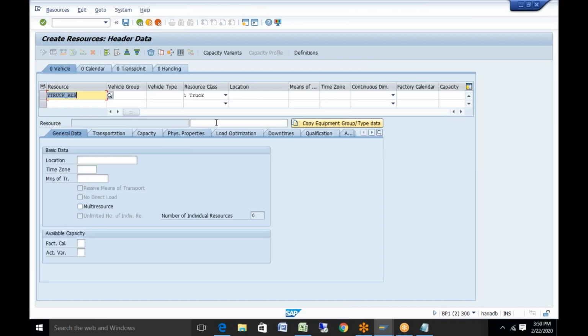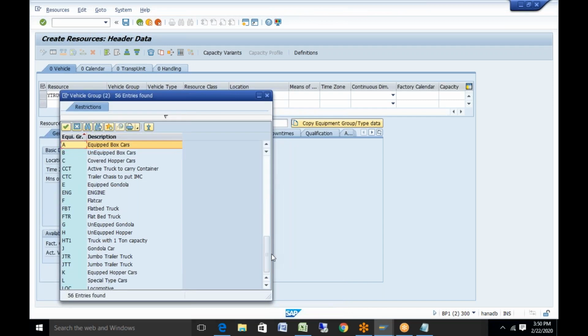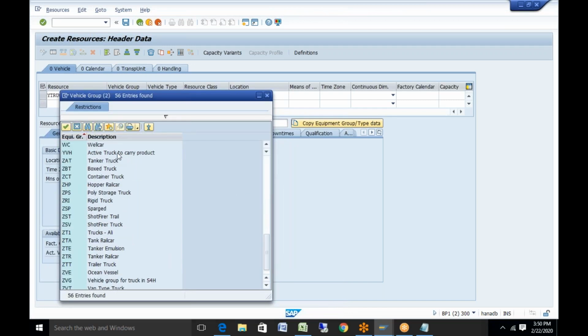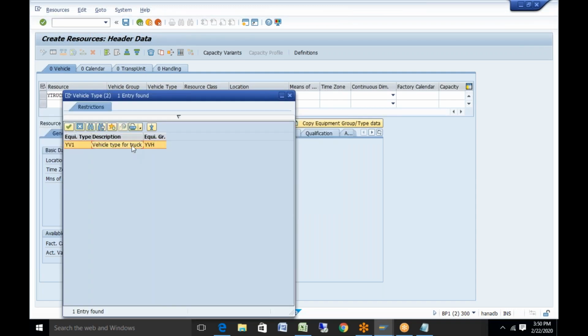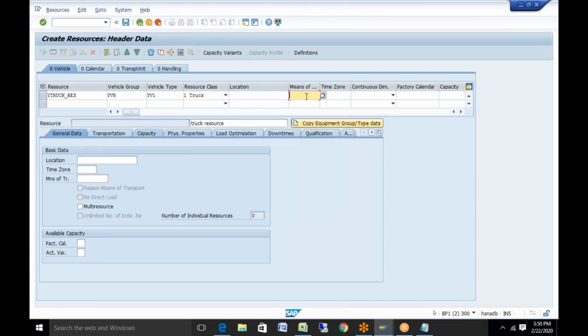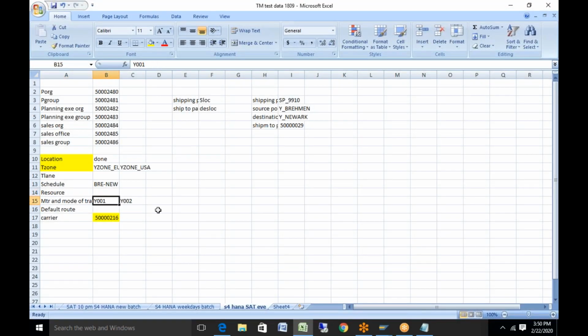So you can give the resource name, truck resource. You can give the vehicle group, which I've created in the previous step. It is YVH, and the vehicle type is YV1. My means of transport is Y001.